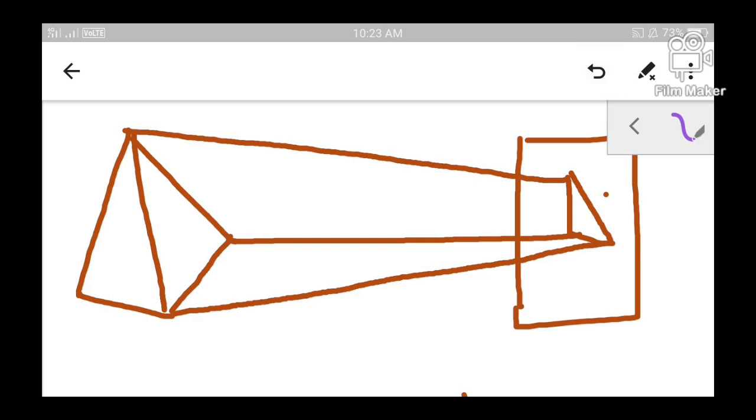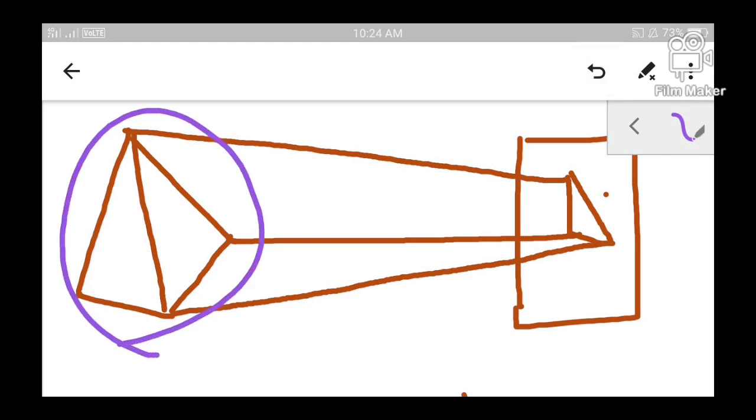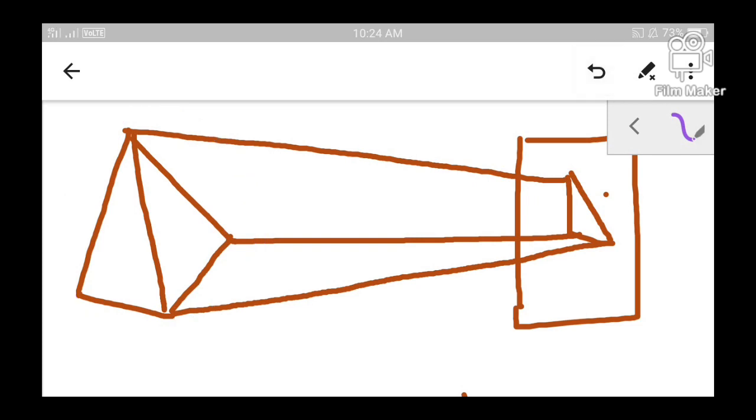That means if the view plane is very much close to the object, then the size of the original object and the size of the image which is projected on the view plane will be much similar to each other. There won't be any size difference. But if the view plane is kept much farther away from the object, then depending on the increasing distance of the view plane, the image which is projected on the view plane will appear smaller than the actual size of the object. Okay, so the projected image becomes smaller as the distance of the view plane from the object increases.